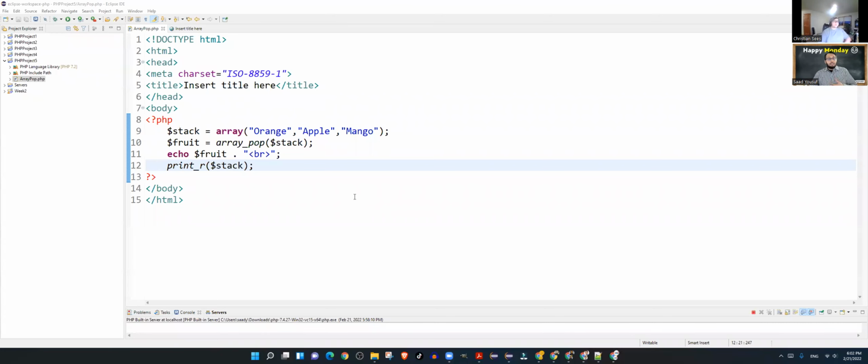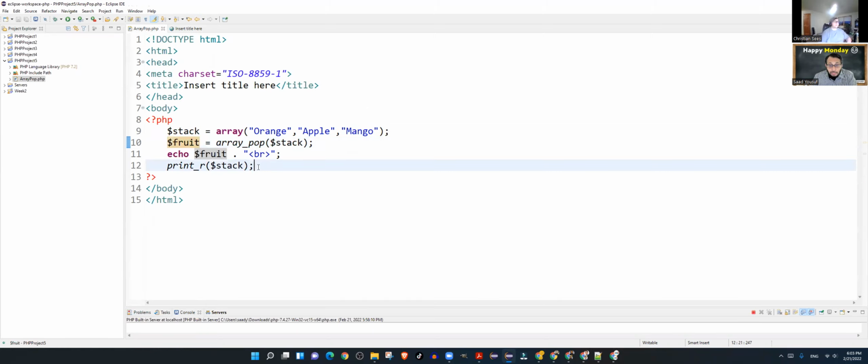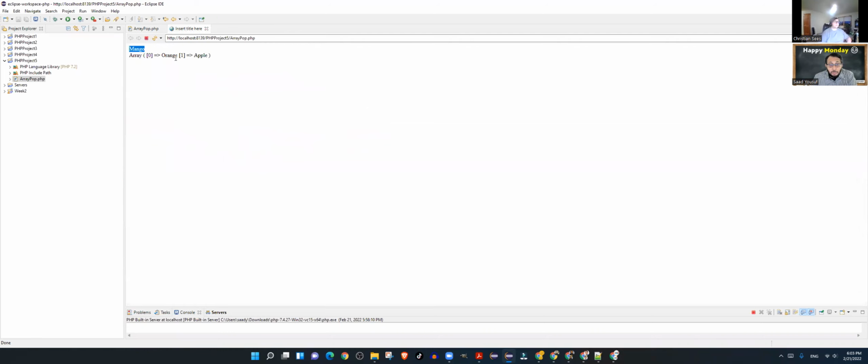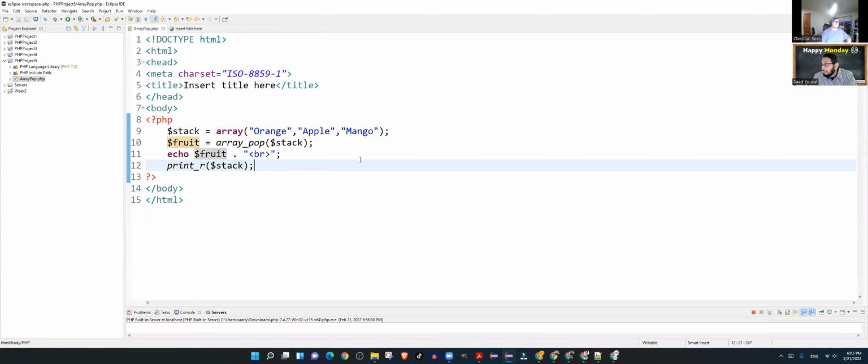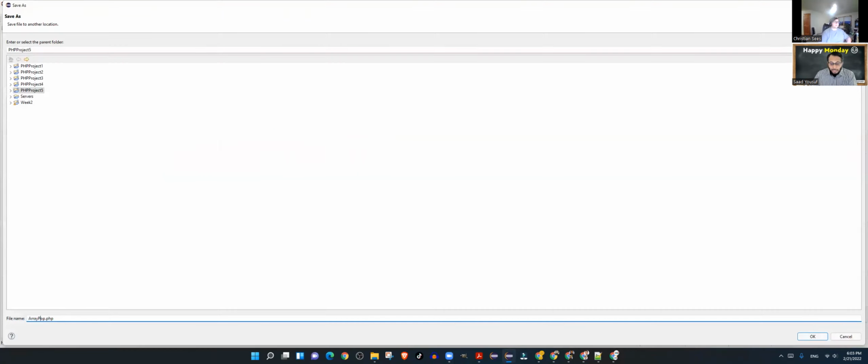Okay. So with the pop example, we were able to populate the array, and we call the array underscore pop, which is a built-in function. We gave it the array. It was able to take the last item out, and we pushed that item into a variable fruit, which displayed that it is mango. And the remaining array is what we displayed on the line after, and that showed only orange and apple are left. So we will now move on to array